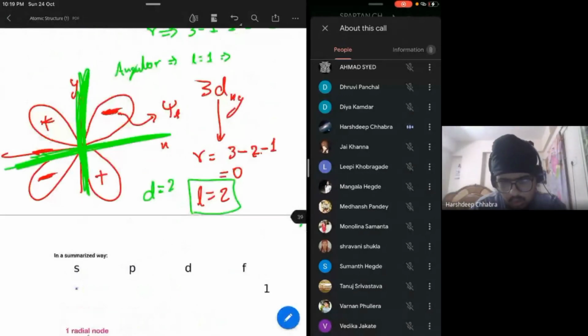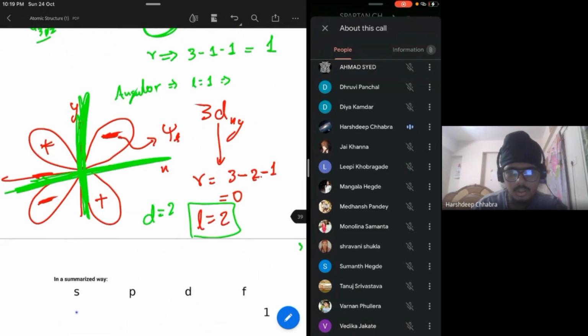Bhaiya, this nodal plane is a different thing from the radial nodes. Nodal plane is a part of angular node. Yeah. Now let's say it was